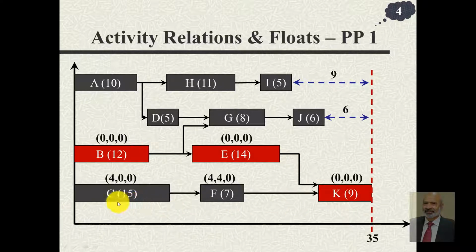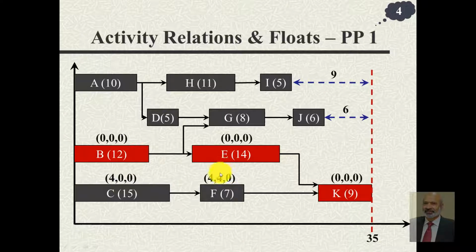Out of 26 days, C and F, they consume 22 days. So there is a flexibility of 4 days, or the possibility of delay in any one of these activities of 4 days. This is why 4 appears here and here, because the total float for both these activities C and F is 4 days. When we look at the activity F, its free float is also 4 because this is